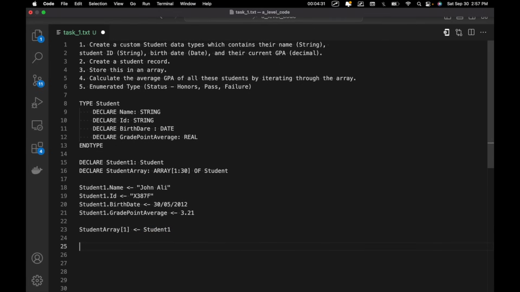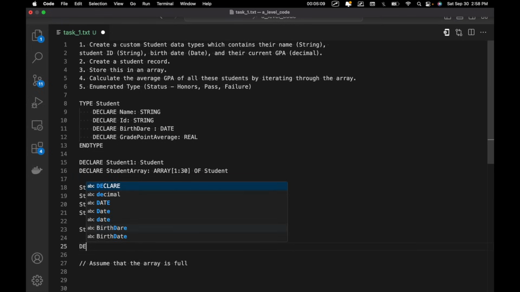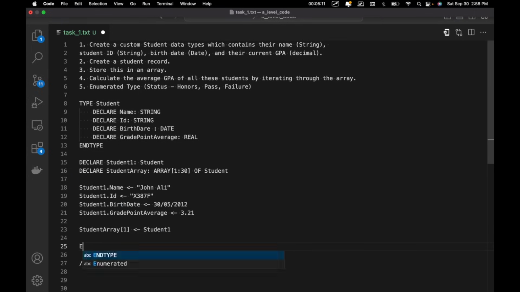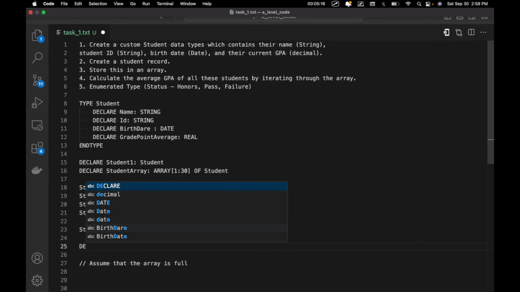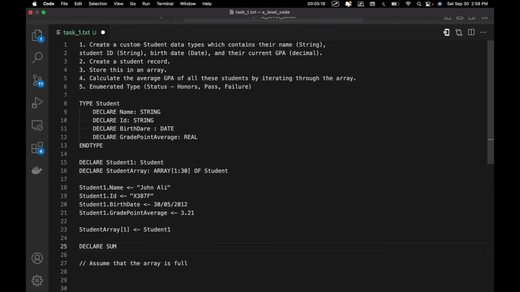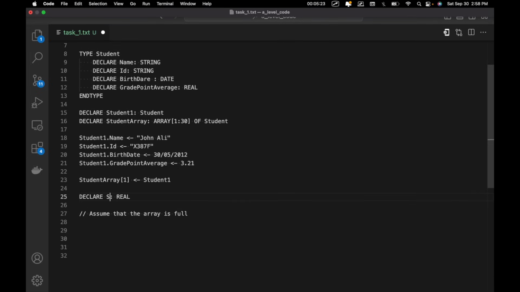Now, if I wanted to find the average of all the values in a student array, let's just make the assumption that the array is full, right? So we're going to loop through it. We're going to declare, create a sum first. Declare sum is real. Create a sum variable. We'll say for I 1 to 30,